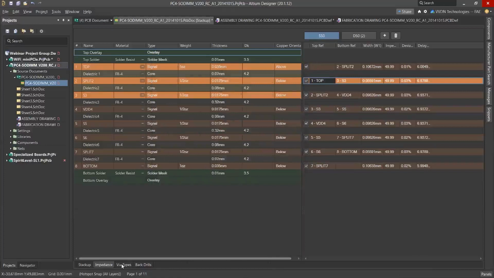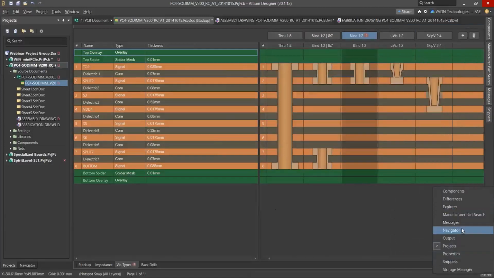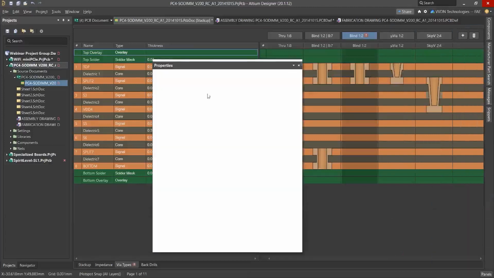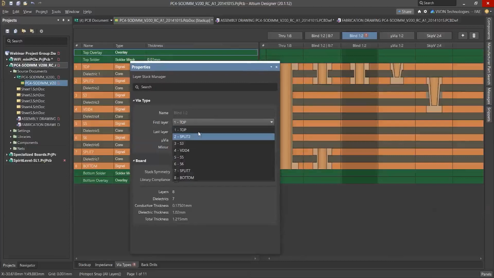So this we can do, and via types also we can change. There we can see through-hole via, blind via, and micro via we can add, and from there you can click on this plus button and directly add those vias. Again, from the properties window, if you want to select, we can select from there.